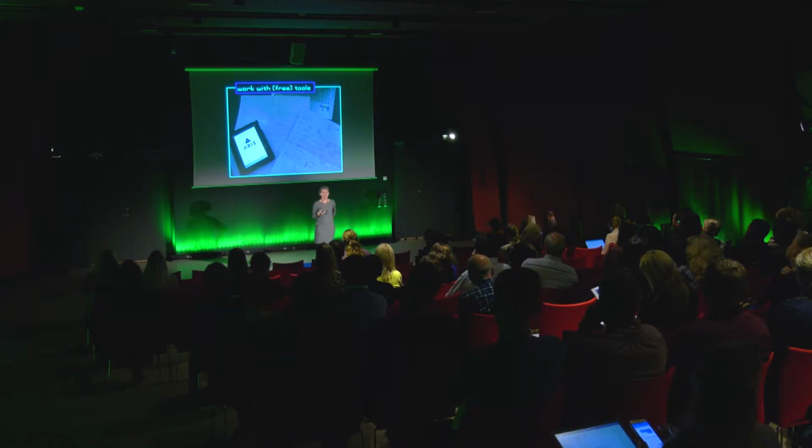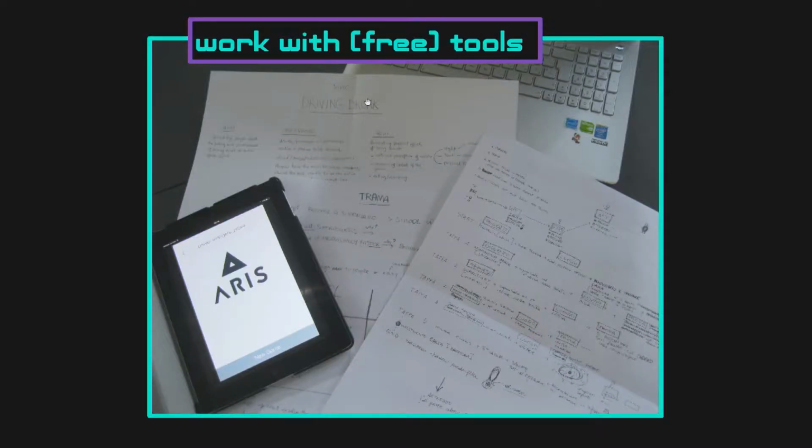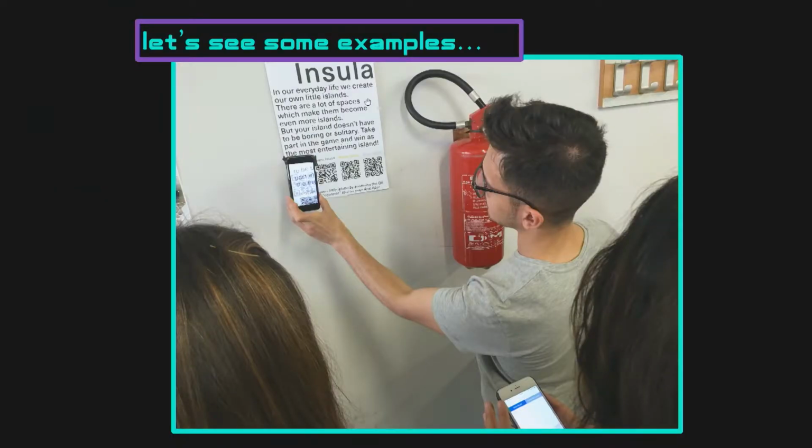Yeah, you can work with free tools to create these bridges between the different areas, and we are always working with ARIS, but there are lots more free tools. This is just one editor of several editors, and it can help you to put location spots and QR codes and codes. You have the editor and also the app, so you can try it out by yourself. Also, there are lots of free tools to create the mechanics and to have ideas of how to find a topic for a game. Let's see some examples.